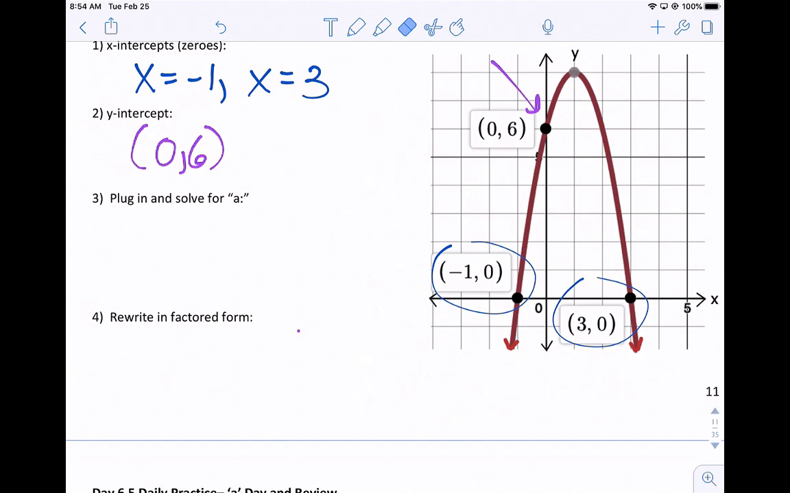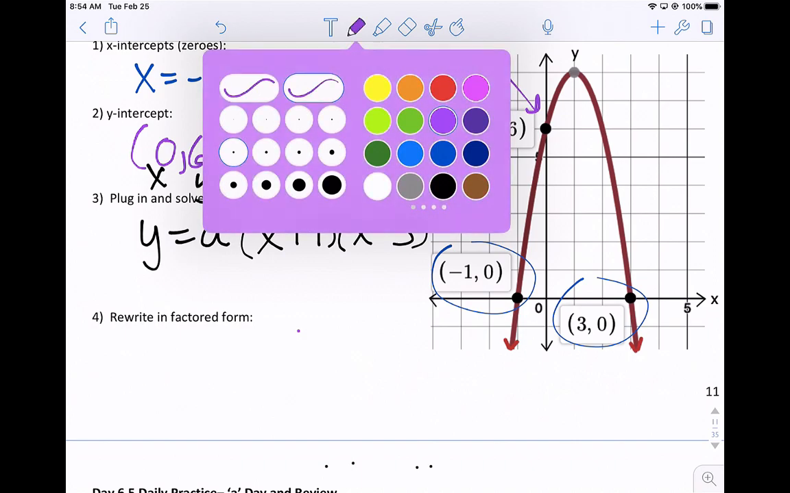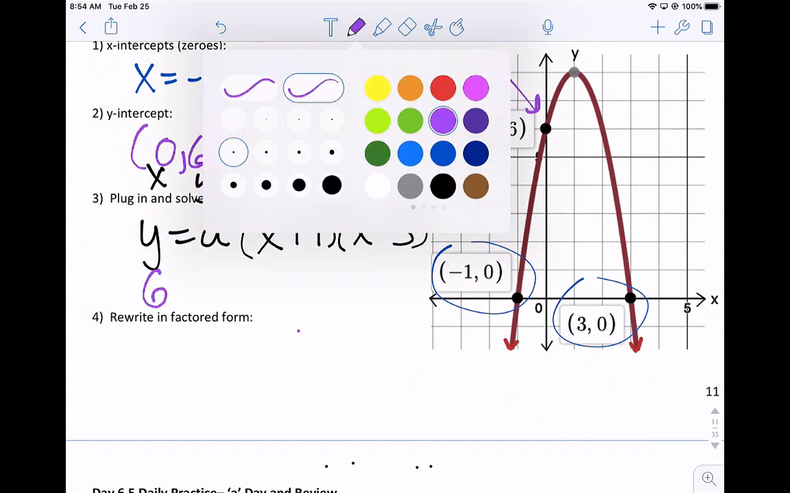Okay, so we're going to write it in factored form. I forgot to write that down. All right, so here's factored form. y equals a times (x plus 1). We do the opposite of the zeros, (x minus 3). And then we're going to plug in for x and y. So we'll say, all right, 6 equals a,